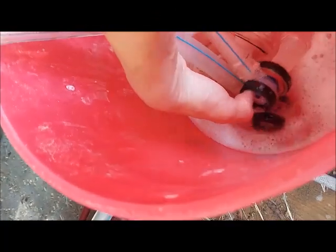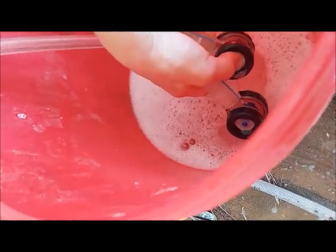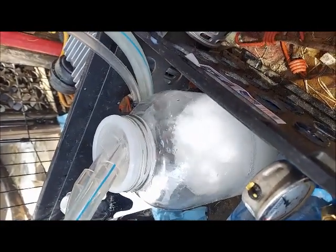Show you what happens when you push the evacuate button. It makes a big flush of water that gives enough pressure to really wash the